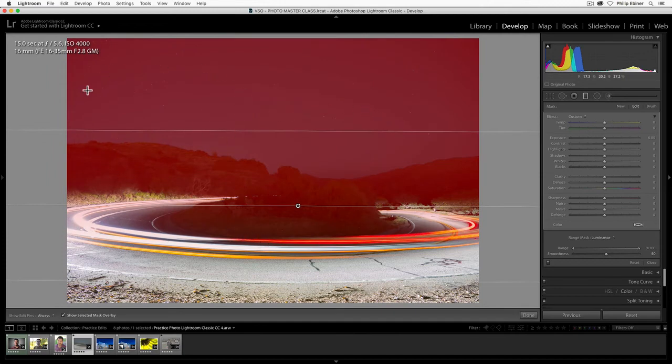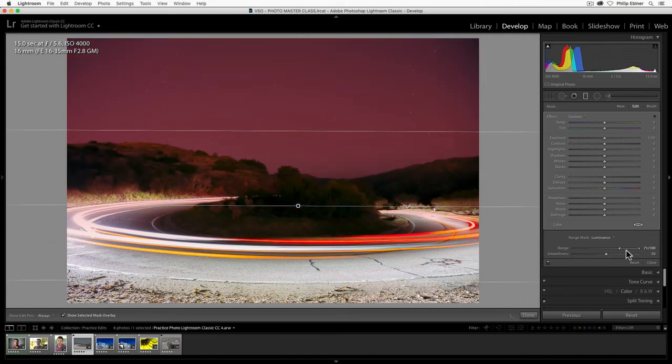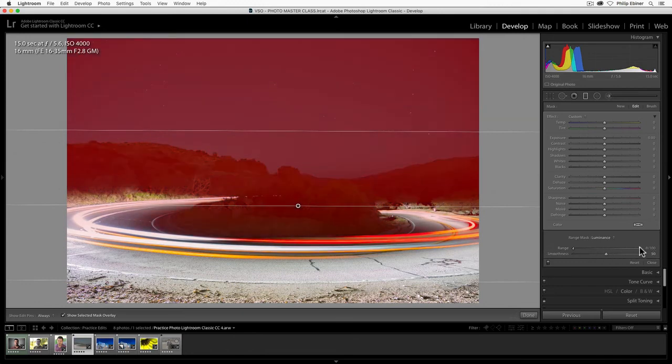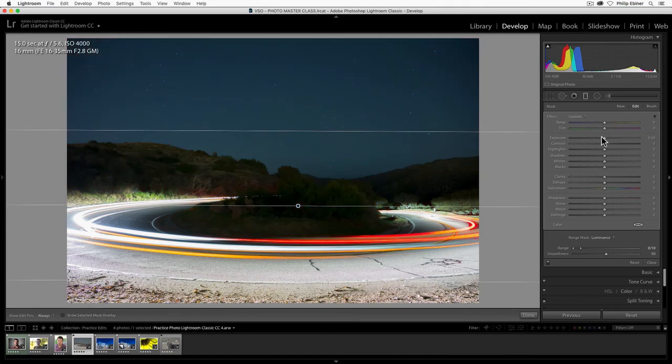Now this is selecting everything up here, but we have these sliders that are selecting everything in the range of 0 to 100 exposure. So dragging these up or down, it can make a selection of a specific range of exposures. If we just want to select the darks, we would drag this right part down and it would select, see more, it's just selecting the darker parts down here. That way, if we want to just bring up the exposure of those dark parts, we can do so by just dragging up the exposure up here. Or the shadows, which might look a little bit more natural.